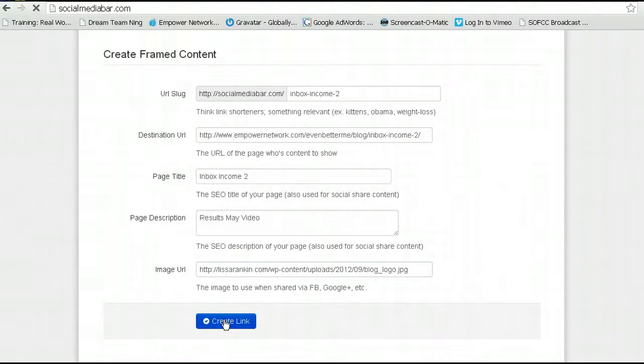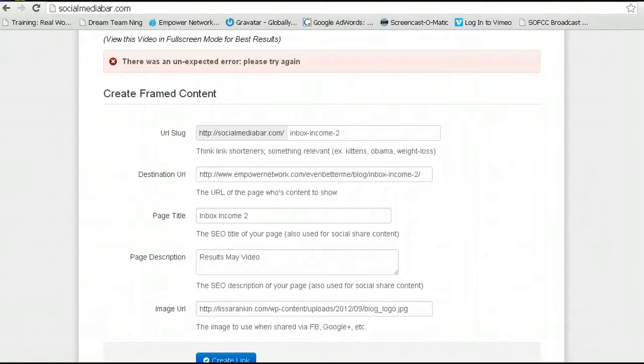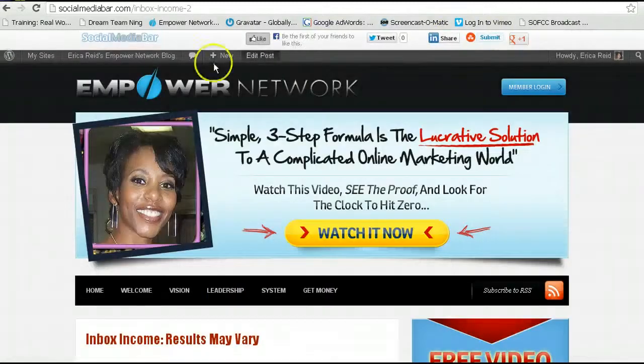So now you click create the link, and it's going to make this socialmediabar.com live. Okay, eventually it will. Okay, so there was something wrong with the page here, but after this page it will show up and say, okay, your link has been created. Do you want to copy this link or share this link or what have you? So here it is over here,